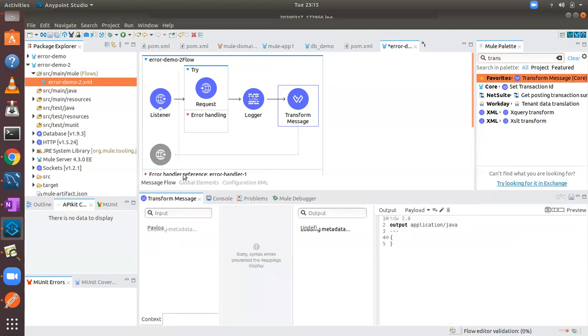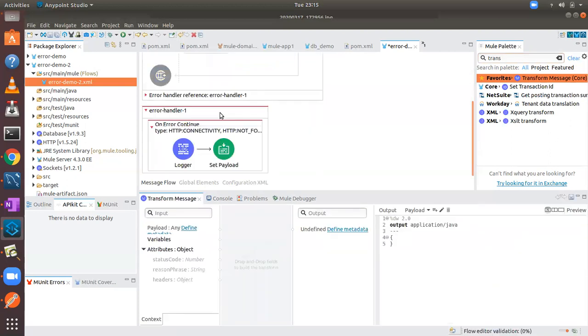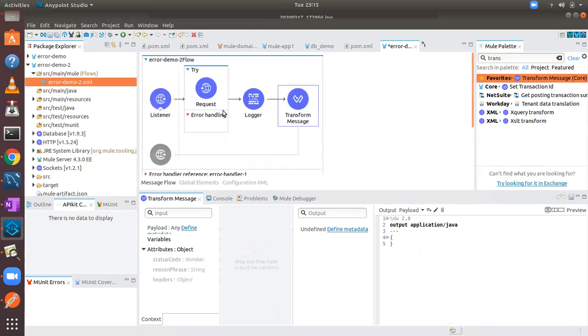Okay. So what's the flow scope error handler? Error occurs in this flow only to be able to handle, right? But error occurring in this component, I want to handle in a special manner apart from other components. In that case, you need to wrap inside a try scope. Now, if you wrap inside try scope, you may get one more error handling scope over here. Now what I'm doing is I'm handling some error over here. Handling means just logging information.